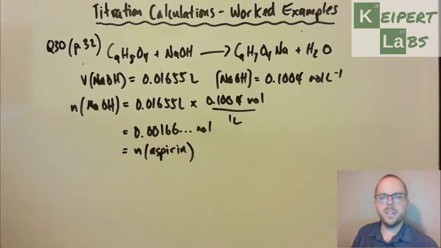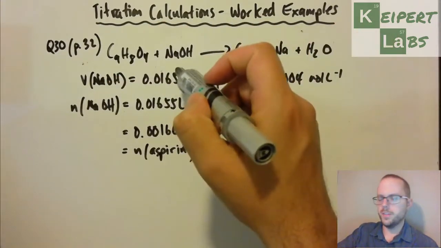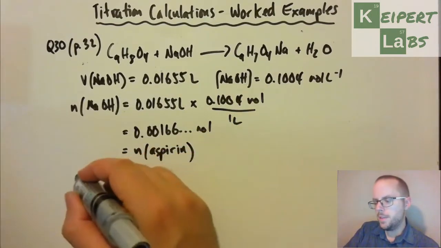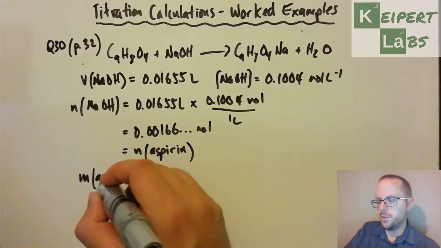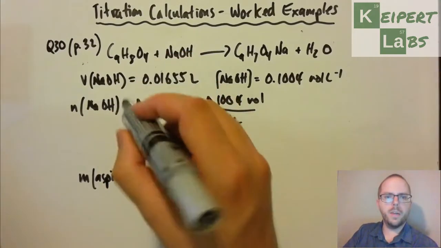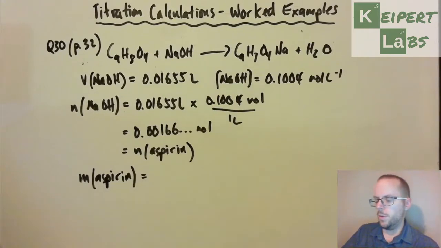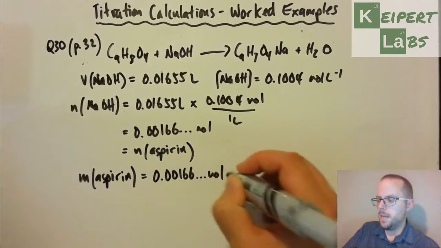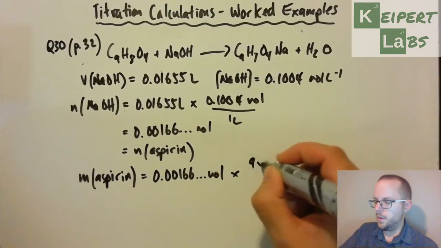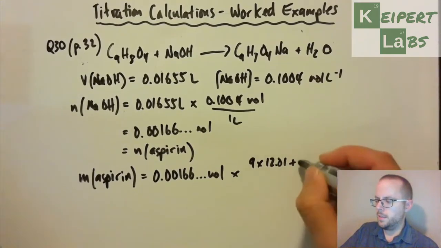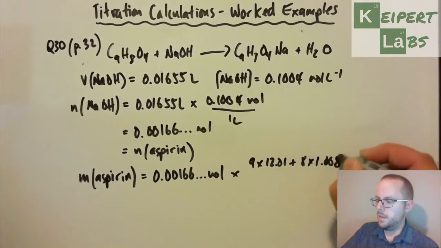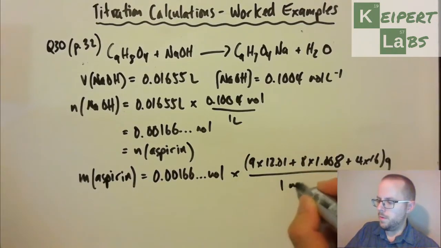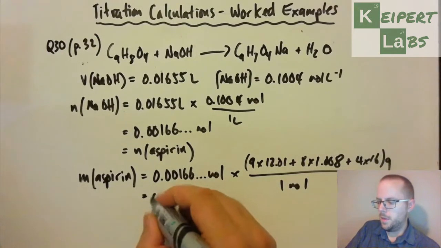Because you remember that we've got a 1-to-1 ratio in our equation. So however many moles of this that we have is the same number of moles of that react. So now what we want to do is convert that to a mass of aspirin. We've got the molecular formula of aspirin up here. So now we can convert this into a mass by multiplying by its molar mass. So 9 times 12.01 plus 8 times 1.008 plus 4 times 16 grams for every 1 mole. So we get a mass of about